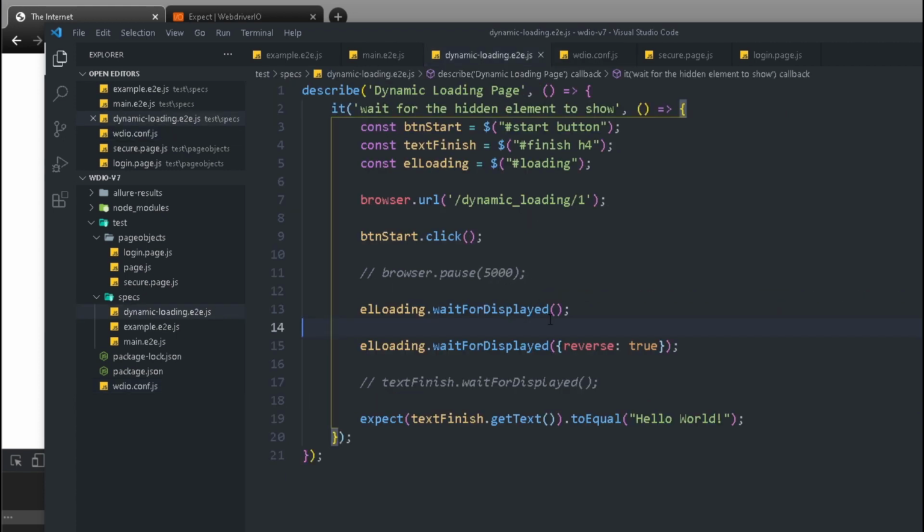So if within 10 seconds it's actually not coming up, it will throw an error that's saying that, hey, I was expecting this element to be displayed, except that element was not displayed even after 10 seconds. And if you want, you can always raise up that to, let's say, 15 seconds, 20 seconds, depending on your own use case. But I would not recommend for you guys to really bump it up unless it's really required.